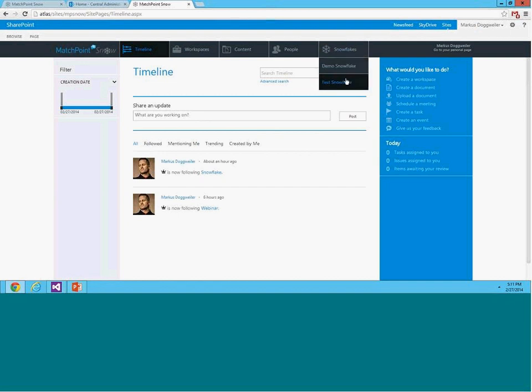We now have two Snowflakes here. The test Snowflake was the Snowflake I quickly configured manually before. And now we have the next Snowflake, the demo Snowflake, which we just created. Now, what I said at the beginning is that once you make changes or add a new Snowflake or a new workspace type, you need to rerun the timer jobs in order for the tag to be created. We now have a Snowflake, but the tag for this Snowflake hasn't yet been defined. And this is important because this will be, for example,